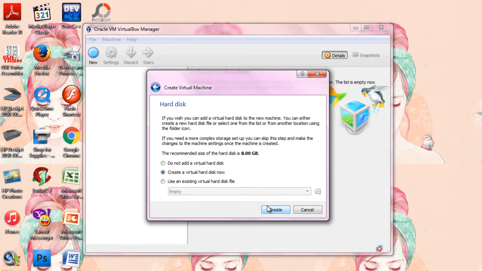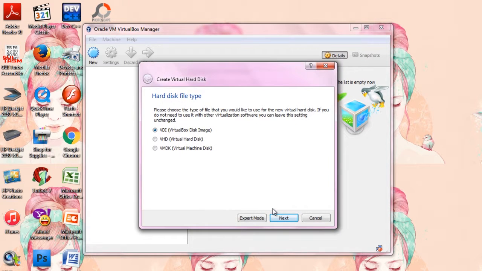Now, at this stage, we need to create a new hard disk, or we can choose an existing hard disk, but we recommend choosing create a new hard disk. So now, click create. Now VirtualBox allows you to create a virtual hard disk.